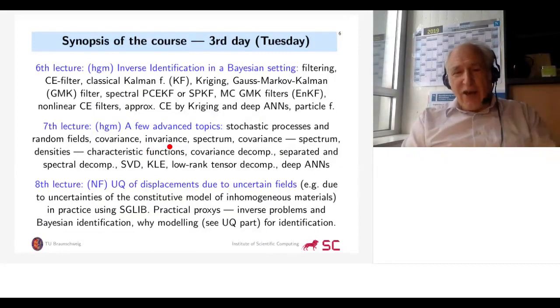And how these are taken care of, because this is information and we want to take care of this information. Okay, one symmetry may be, for instance, invariance against shifts. If the randomness is the same here as a few meters away or something like that. Okay? So we want to see how to incorporate this kind of knowledge. Okay, and then the third lecture on the day will be again by Dr. Friedman, and she will be telling you how to do UQ on uncertain fields. Okay,